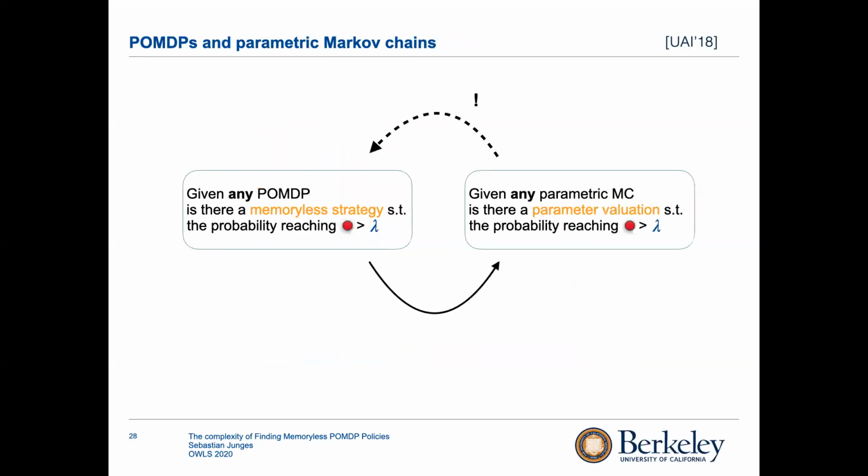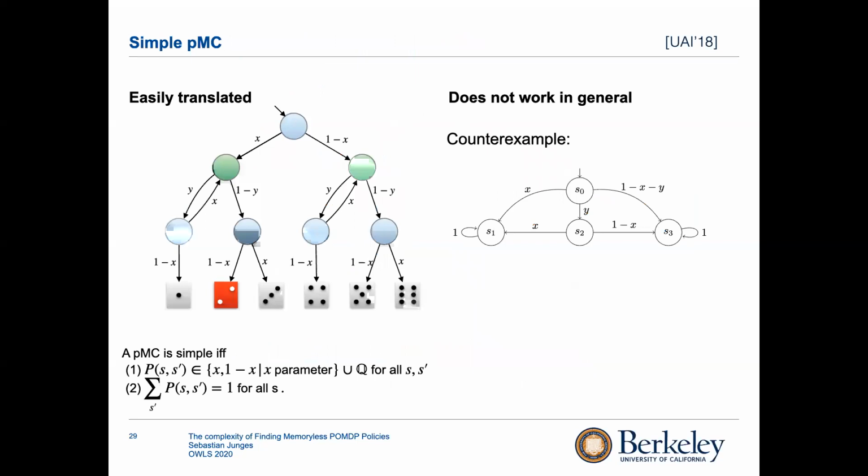Let me now go back to the more informal problem of the POMDP that we reduced to this formal problem I just described about the parameter valuation. And let me finish the cycle. And now you can also see why I use these two coin flips, with the blue and the green coin. It's very easy to construct a POMDP out of this again, because now what we would need to do